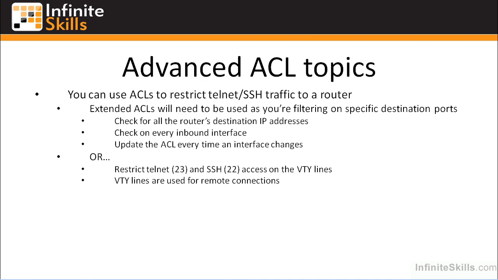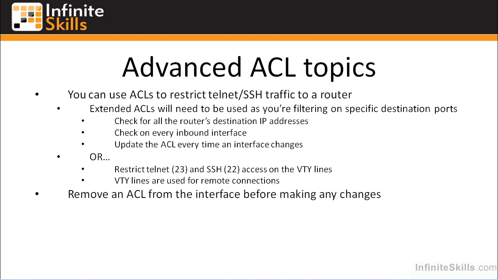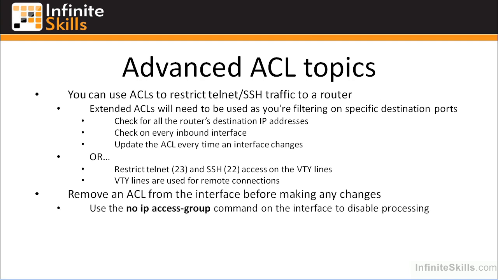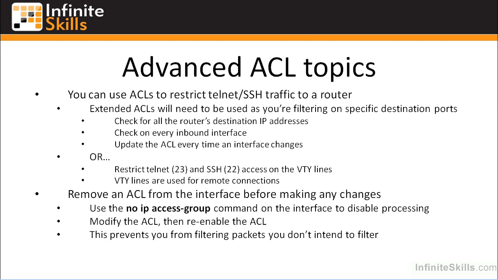The next bit of sage advice we'll pass along is to remove an ACL from the interface before you make any changes. You use the no ip access-group command and the number or the name on the interface to disable processing, modify it, and then re-enable it. This prevents you from filtering packets you don't intend to filter, because you remember you have that implicit deny all at the bottom. So if you remove an access control list, you obviously open up all the traffic across that router interface. The moment you go into the access control list and you enter the first line, you're automatically denying